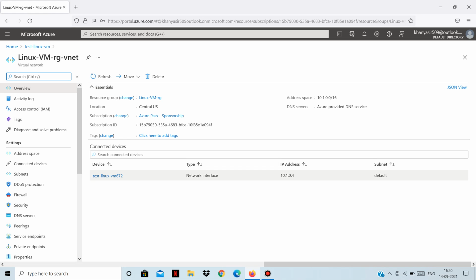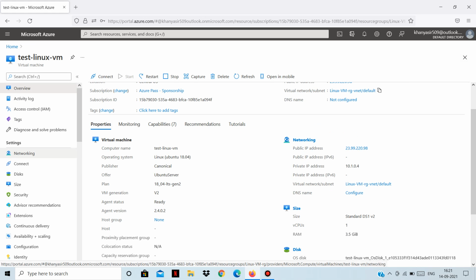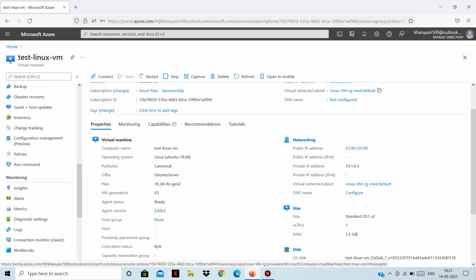Okay, so that's why we need to have a virtual network in place, because whatever private IP address our virtual machine has, it gets from the subnet, and the subnet is part of the virtual network. So these are all the different details, and you can explore the various settings you can check.